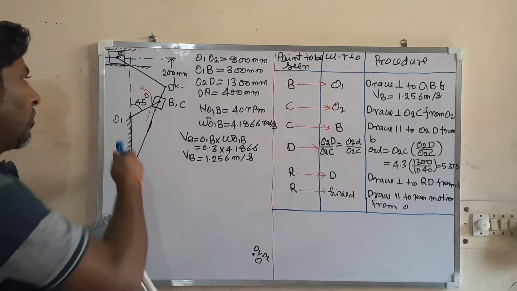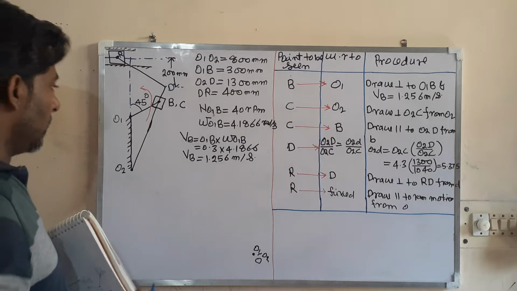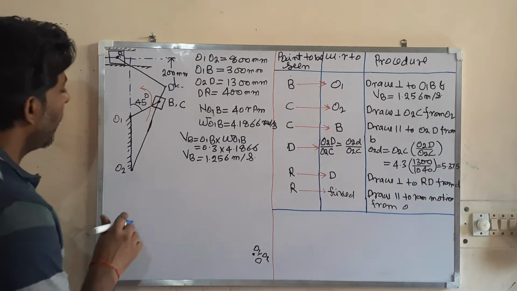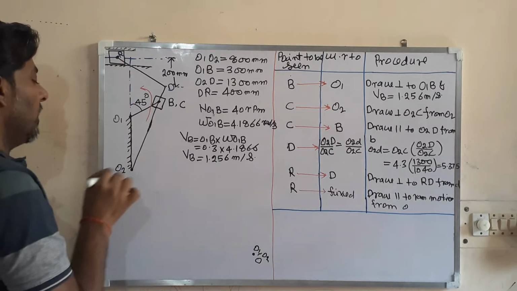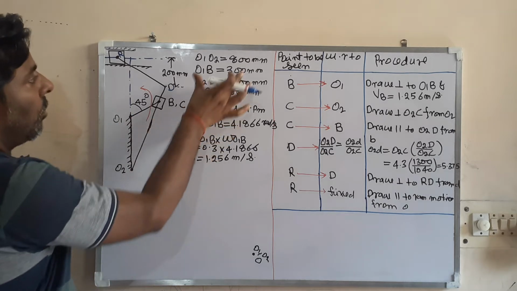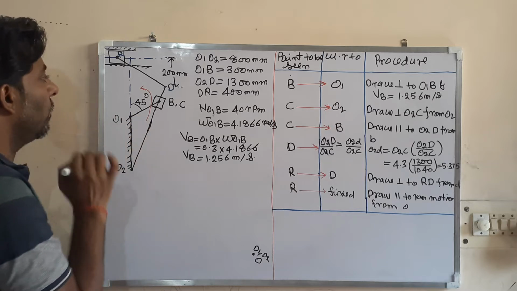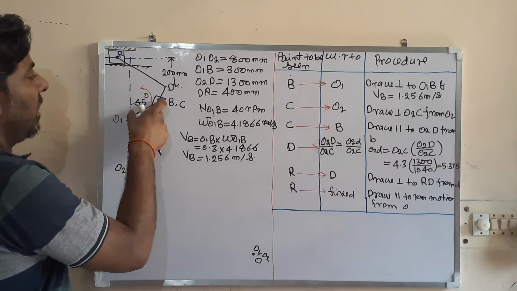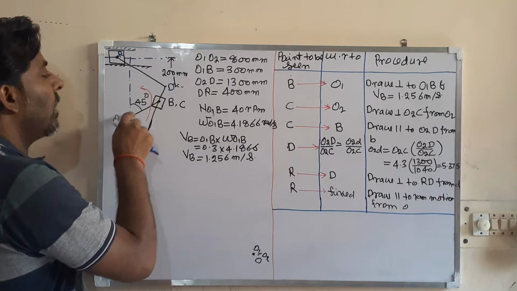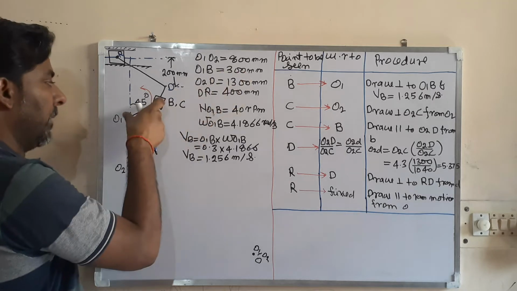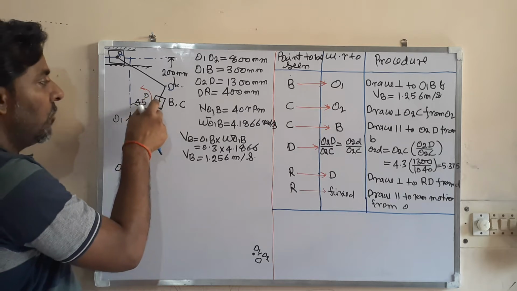So let us discuss how to draw this. Maybe you are not able to draw, so just for your help, I am explaining. First, draw a vertical center line. Then take a point O1. O1O2 is equal to 800 mm, so cut 800 mm and you have got O1O2. Now this is 300 and this angle is 45, so from here make a line at an angle of 45 degrees. Then cut 300 mm in scale, and you have got the point B.